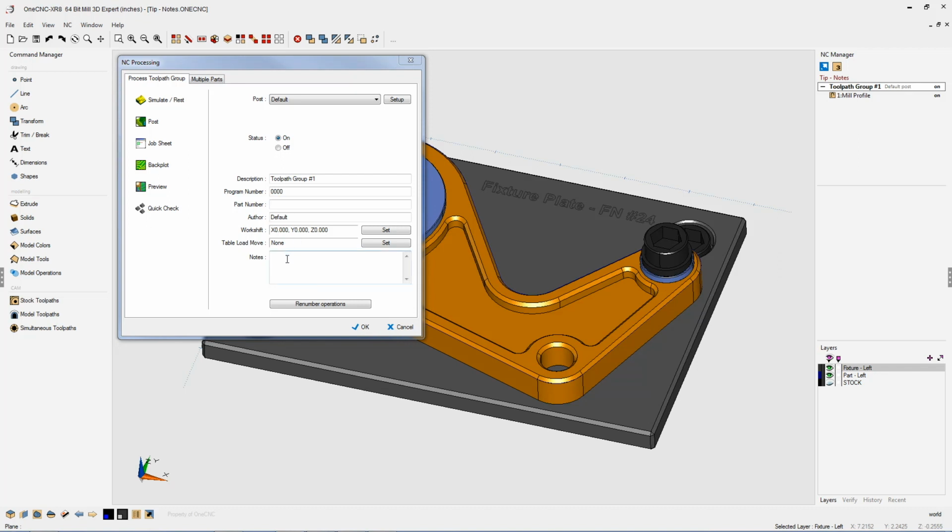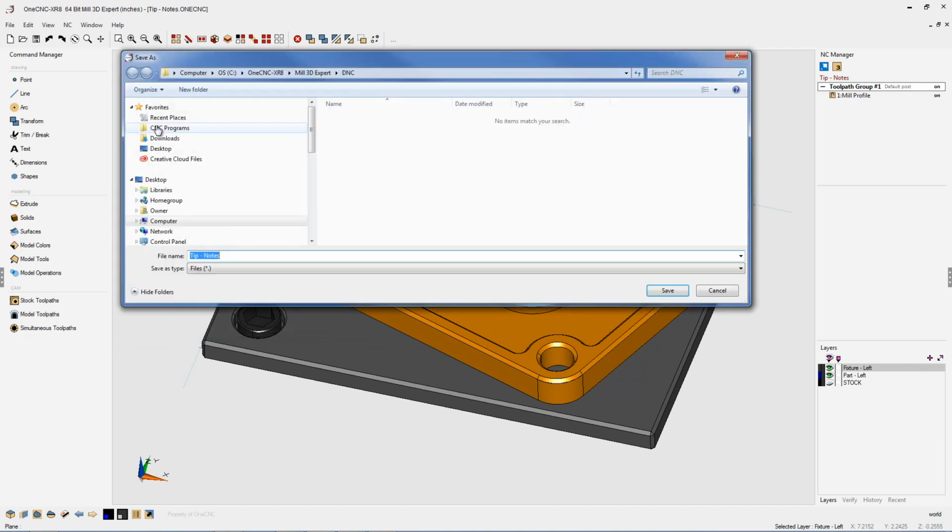All right, so what I'm going to do is come down here. I'm going to paste in my comment for that. And remember, this note really should be associated to the entire CNC program. It's going to appear at the very top of the CNC program, and you don't need to use parentheses as OneCNC will automatically generate the parentheses for you. All right, very good. So let's post our CNC program and take a look at our comments.